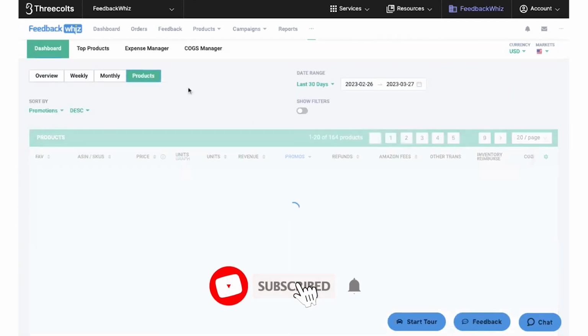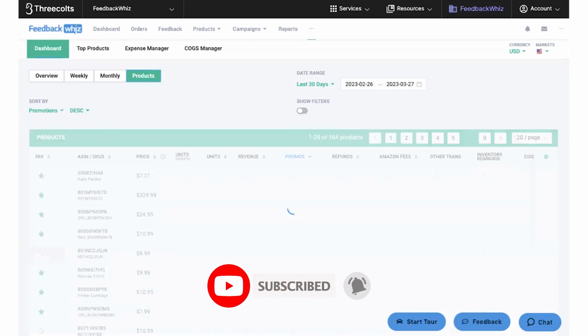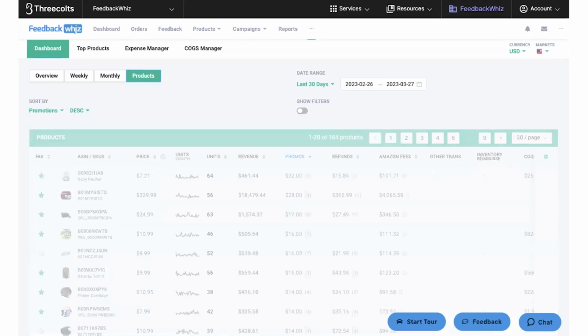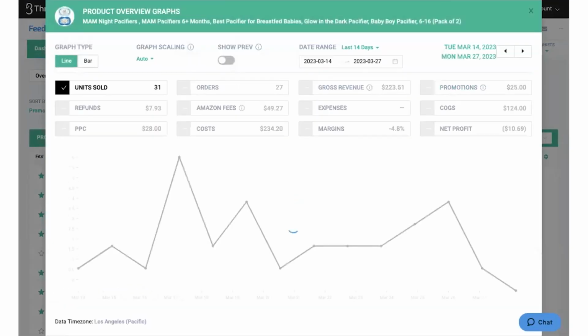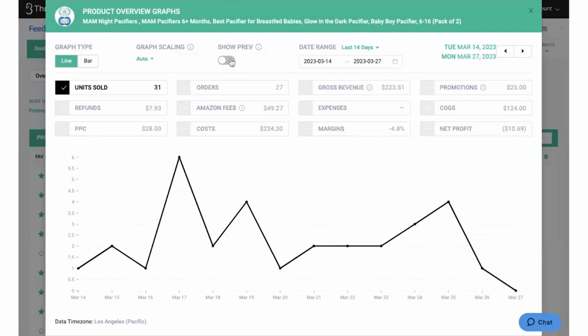Within the products dashboard page, this breaks down the products by ASIN level in terms of your profitability. For this ASIN, you'll be able to see the price, and again, the graphs, you can click on them and they'll open up. You can compare it to the previous period.